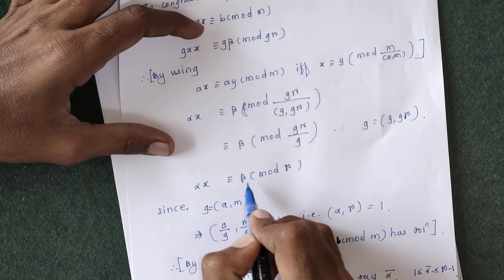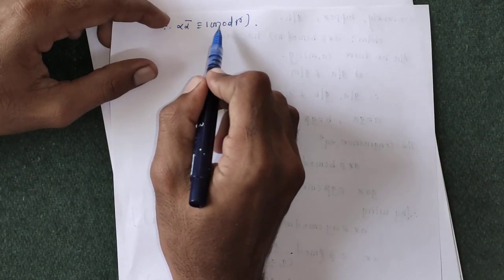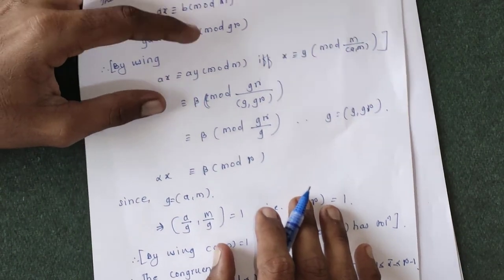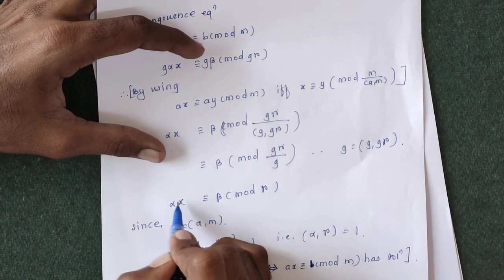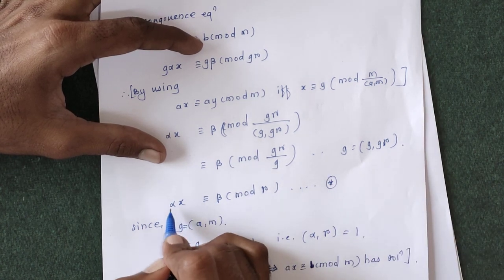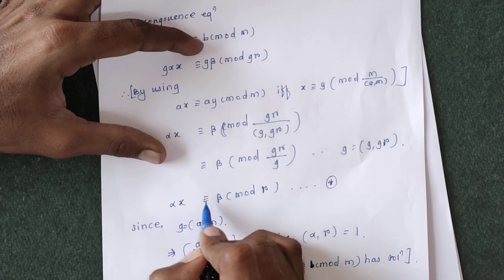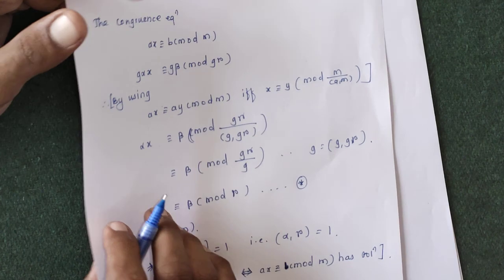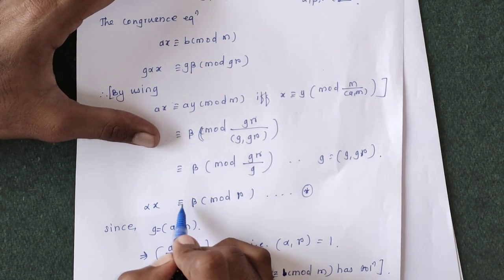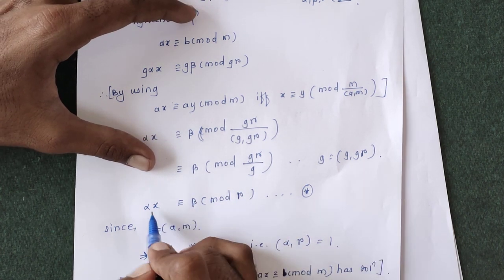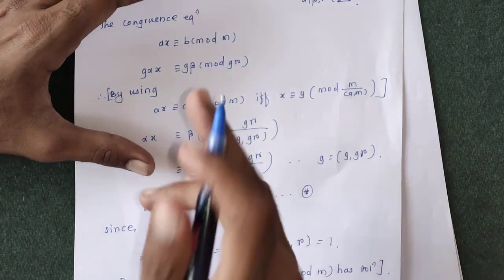So we have alpha x is congruent to beta modulo gamma, and now we have another congruence, alpha bar is congruent to 1 modulo gamma. So this alpha bar is again an integer. If we multiply this congruence, suppose this is equation star, by alpha bar, we will get alpha bar x is congruent to alpha bar beta under modulo gamma, and alpha bar is congruent to 1. So we will write 1 into x, that is, x is congruent to alpha bar beta, and alpha bar beta is now our integer. So x equals alpha bar beta will be the solution of our congruence.